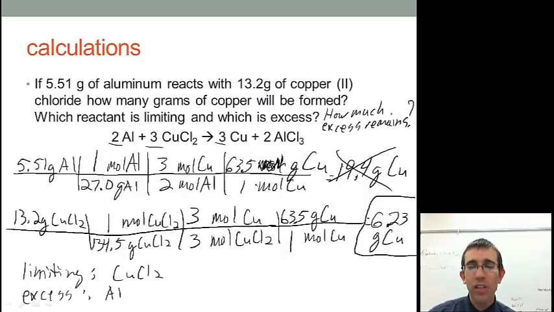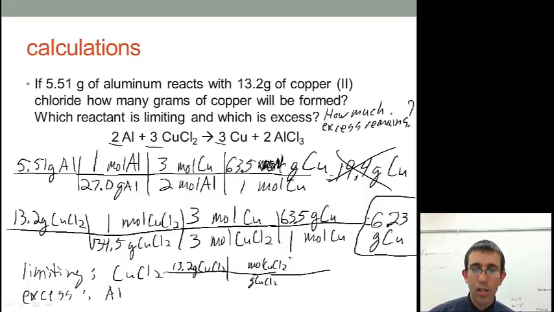What we are going to do on this is figure out, okay, we have aluminum left over. How much of it is left over? To figure that out, we're going to take our limiting and go to our excess. So I'm going to take my 13.2 grams of copper 2 chloride and I'm going to go to grams of aluminum here. So grams of copper 2 chloride, I know that I'm writing small here to save room. We can go to moles of copper 2 chloride and then moles of copper 2 chloride to moles of aluminum, and then from moles of aluminum